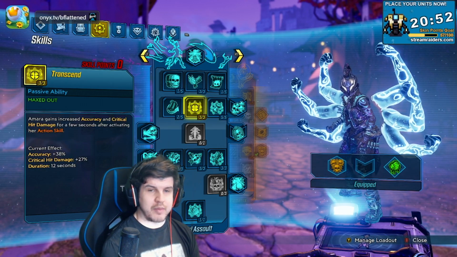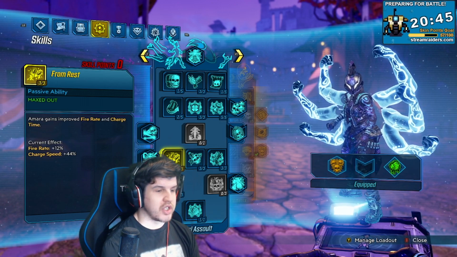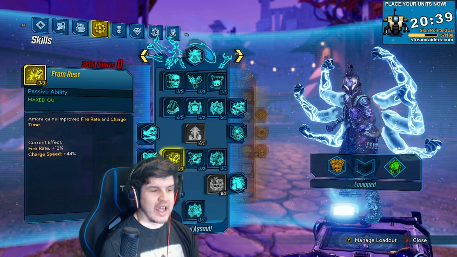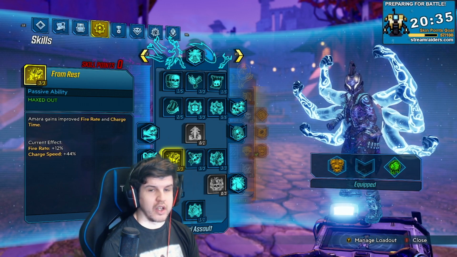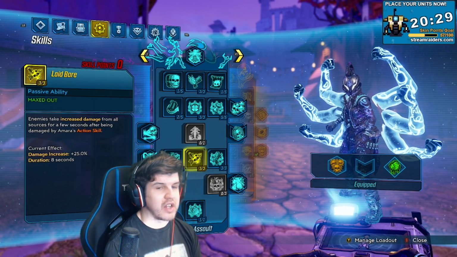Transcend for critical hit damage. Alacrity for reload speed. Fire rate and charge time. For Fromrest, the fire rate is going to be for our emptying of our Dark Armies as soon as possible. Laid Bare: enemies take increased damage from all sources for a few seconds after being damaged by Amara's